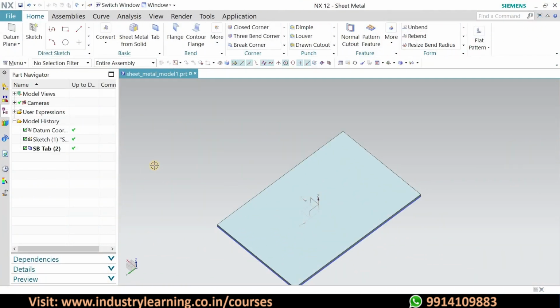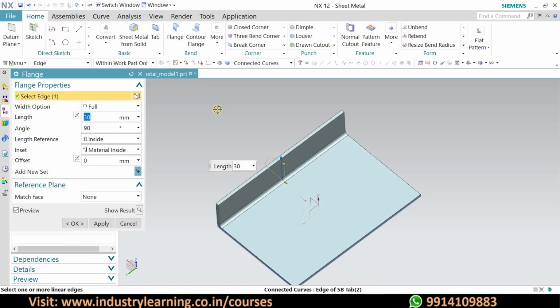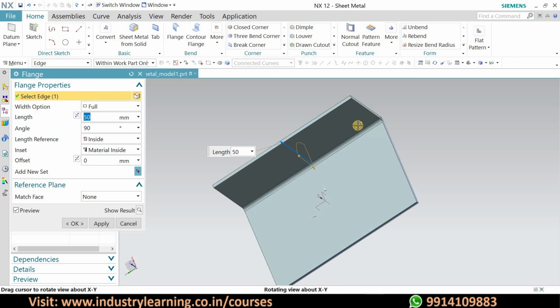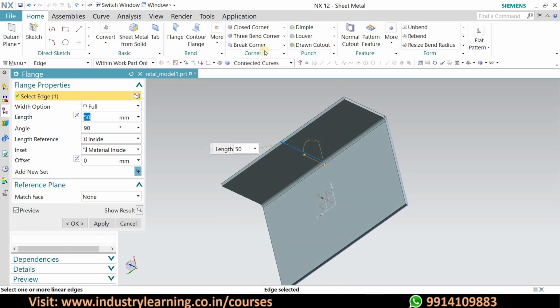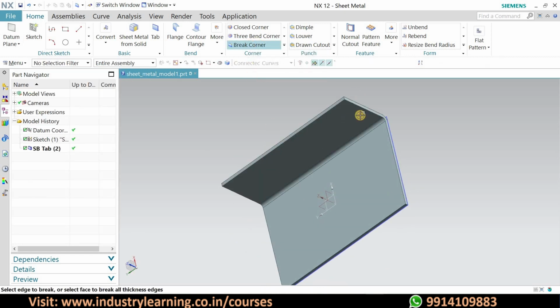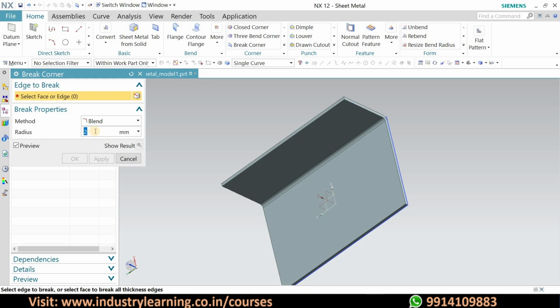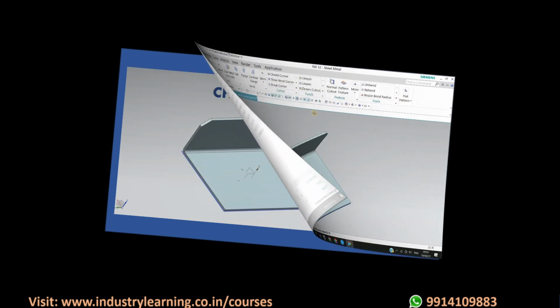So the next command, that is break corner, and for that basically we have to make some flange here, and let's keep 50. And in this, if this corner is there, then using the break corner we will simply, suppose you keep this radius 10 and select this, and you can see the result, like it has turned like this.